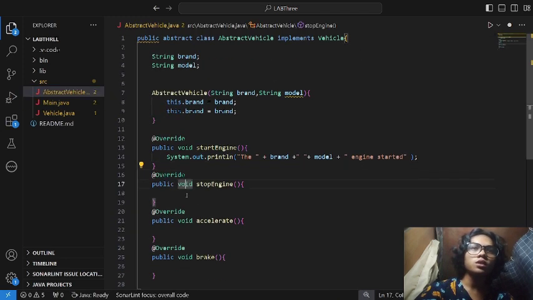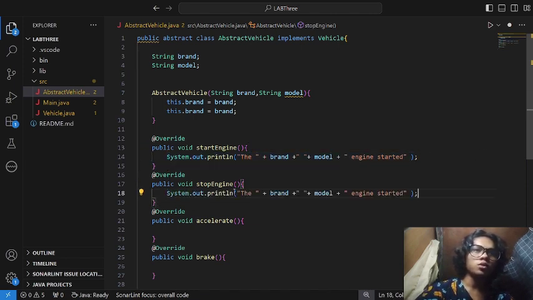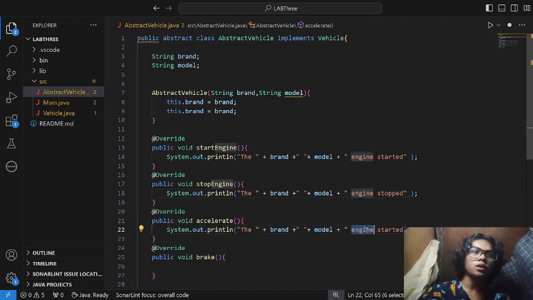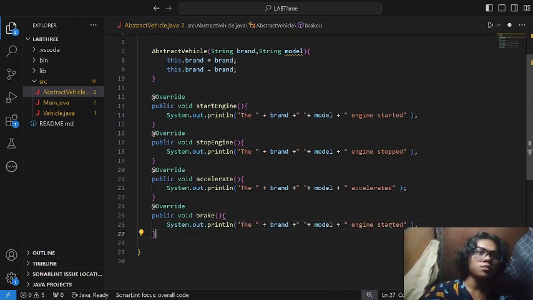But we're gonna implement also the other methods. Okay, so the stop engine, so the engine stopped here, and then next is the brand accelerated. So accelerated, and then last is brake. So is braking,